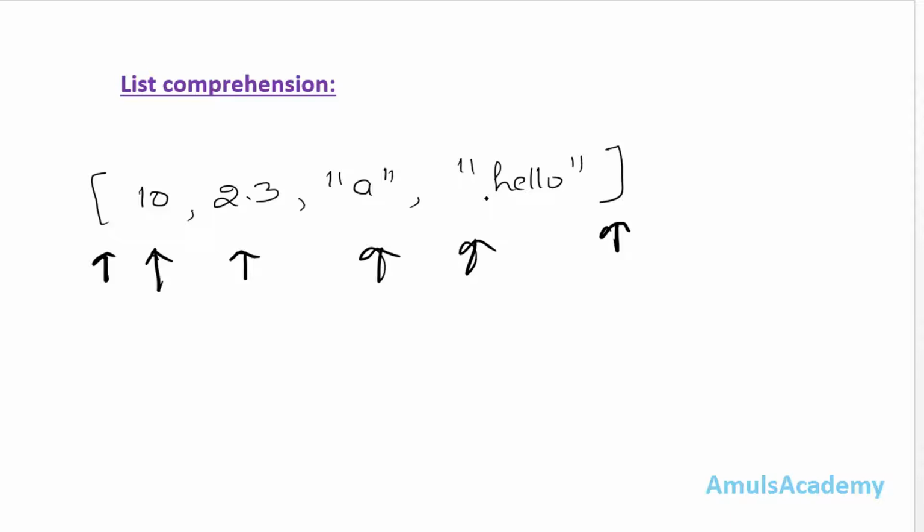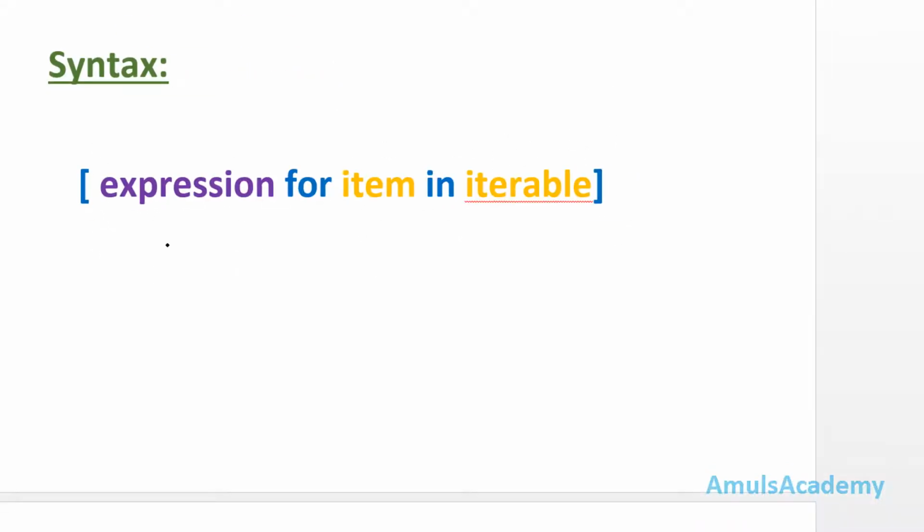But one of the easiest, fastest and most elegant ways is using list comprehension. Alright, so now we'll see the syntax of list comprehension. Here we can see this is the syntax. These square brackets tell us this will return a list, so we'll get the output in list form.